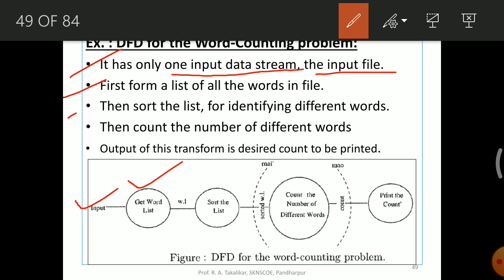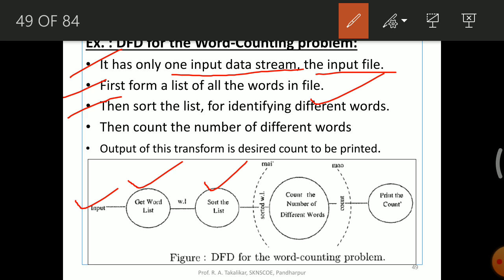Then sort the list, as per the alphabet, so that we can check whether any word is repeated, such that only different words are considered. Whichever is the sorted list, that is the list we are interested in.